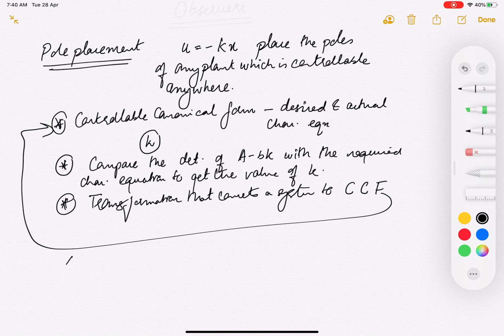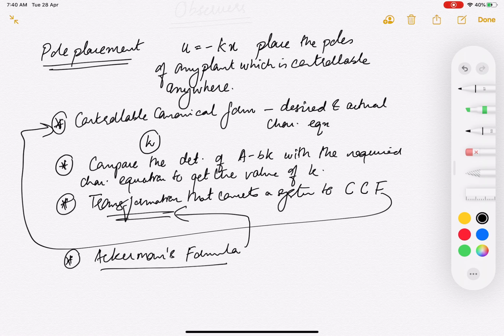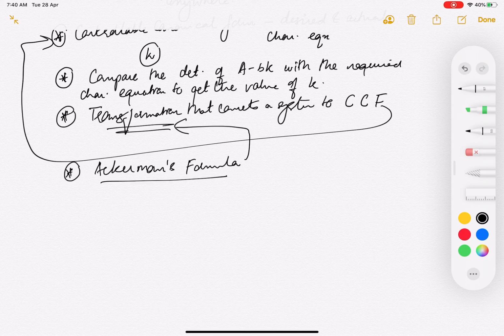So there's one more way of doing it, which is called Ackermann's formula, and it is actually derived from this transformation to controllable canonical form. So we're not going to derive Ackermann's formula. I'm just going to tell you what the formula is. So if you have an nth order system which has the form x dot is equal to Ax plus Bu, a SISO system, and A belongs to R n cross n,